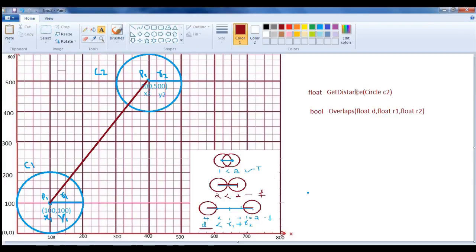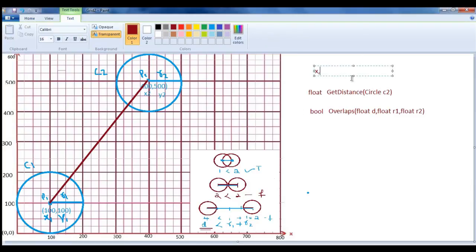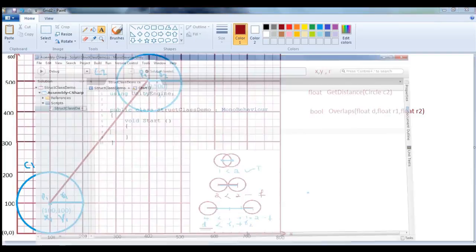So we have identified the behaviors of what two circles are going to do, or any one circle can do. You can find out whether this circle overlaps with this or this circle overlaps with this. Simple. And of course we need a few properties, x, y and radius. You can say r or radius, any term you can use. These are the 3 properties we need. Okay, so let's start making the code.